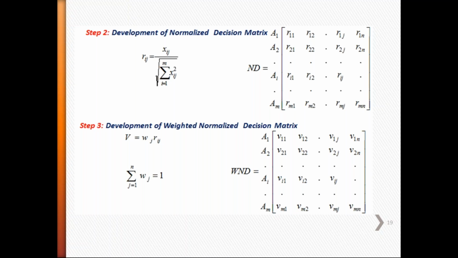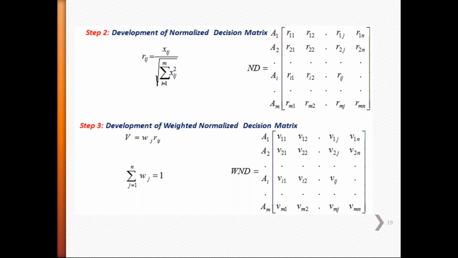Now come to the development of the weighted normalized decision matrix. Normalized data, if we multiply with the corresponding criteria weight, the notation is V. You follow, initially in general Xij. i is alternative, j is criteria. Xij means the value of the jth criteria for the ith alternative. Upon normalization, Xij is converted into Rij, and Rij, if you multiply with the weight of the criteria j,